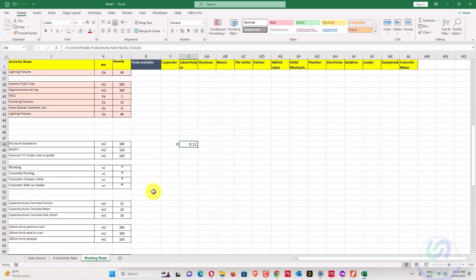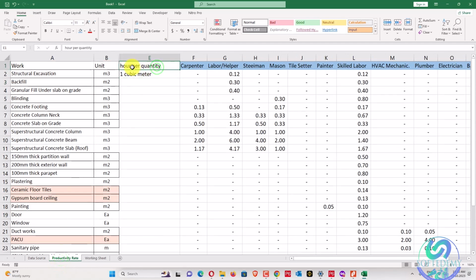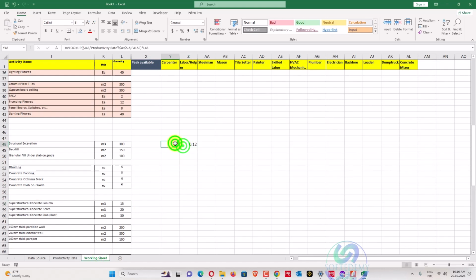We'll go for working, we'll multiply with our quantity. We have multiplied with quantity, and now we'll also multiply with, because that one is cubic meter, not per hour, it's per day. It's per day, it's not hour. There are too many things you have to understand. We'll multiply by this one, and now we'll multiply by 8.